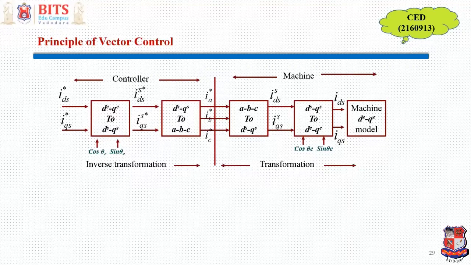And what is the core idea? The core idea is that you would like to keep the machine flux constant, and you would like to change the torque to get the required speed, right? If speed is less, you would like to accelerate. If speed is more, you would like to reduce. And if speed is the required speed, then you would like to continue in a steady state with that particular speed. So that is the principle of vector control. So with this background,